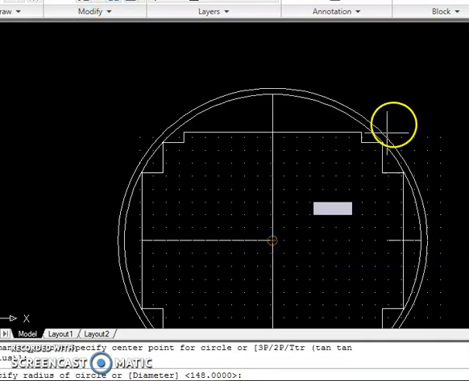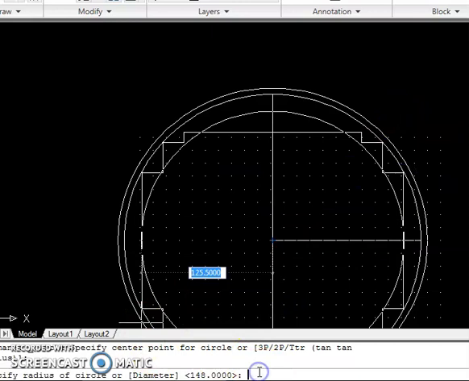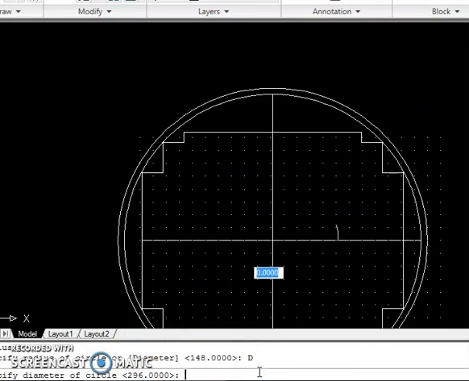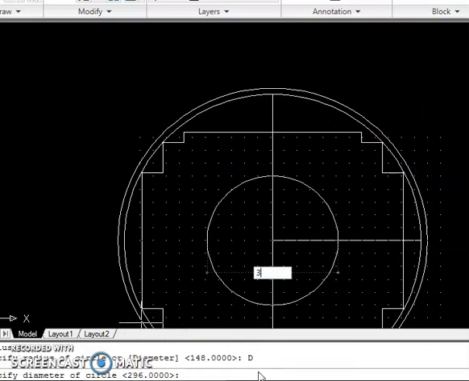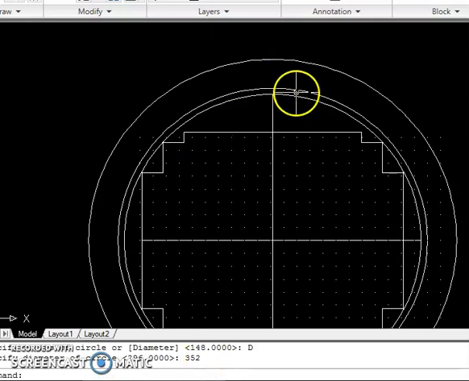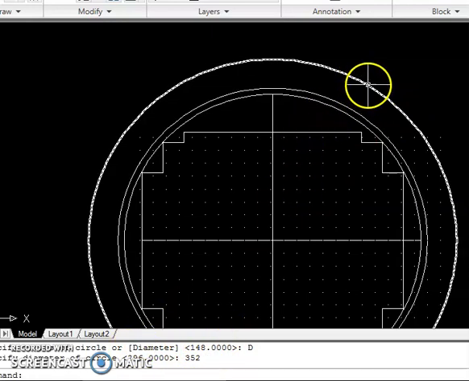Center point, so I am giving diameter D 352. It is not coming. Okay, I have dynamic input on, so it is showing on the screen itself. See, 352, no problem. Diameter is 352. So this is the inner diameter, this is the outer diameter.